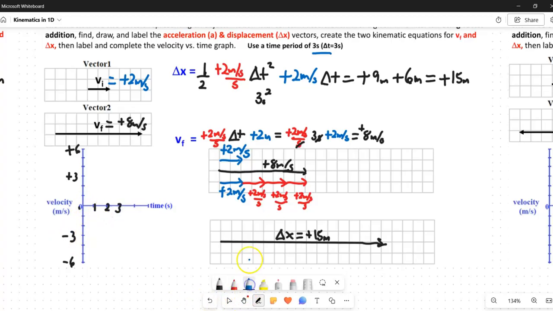Now we started out with positive 2 meters per second, and we're going to need to go to positive 9. That would be way up through here, which I need to make sure I give you velocity versus time graphs that actually fit your situation. Okay, but it would be way up here,